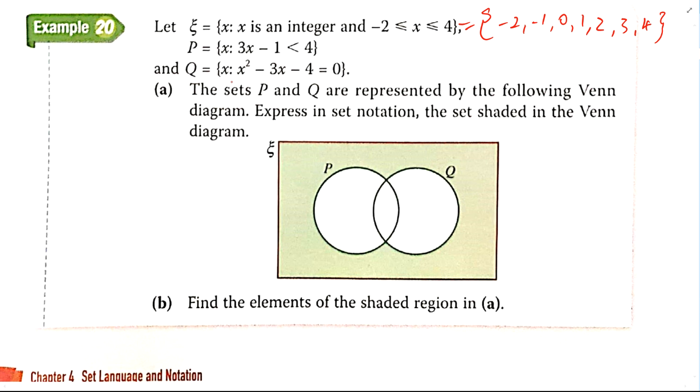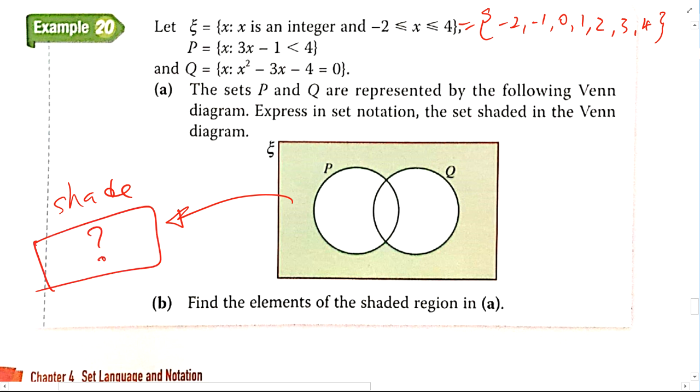Okay, expressed in set notation, the set shaded in the Venn diagram. Now this is opposite. Usually you get questions to shade, A complement union B, for example. Now they shaded the parts for you, and they ask you to describe it. So they are asking you to go from here to something like this. But you have to figure out what is the relationship. So if we do an easier one,